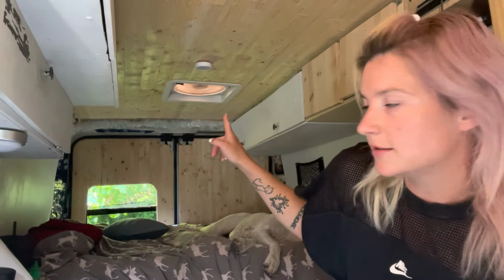The second thing I'll talk about is having a fan installed in your van ceiling. So we installed the fan ourselves, and you can check our video. I'll link it down below, and I'll try to link it up here if I can figure out how, because I've never done it before. We put our fan right above the bed, as you can see right here, and it's the best thing we